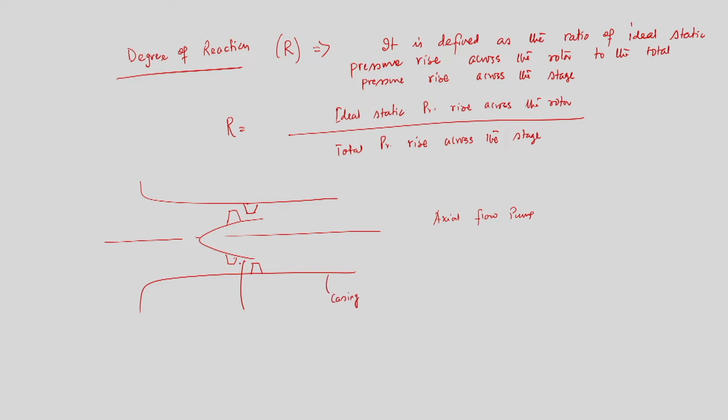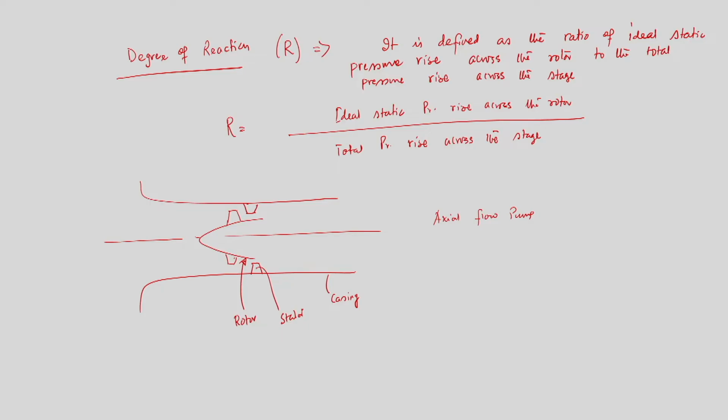and this is the rotor, which is rotating, but this is known as the stator. The stator is not rotating. The rotor is the rotating component of the machine. If we talk about an axial flow machine, the impeller is a rotor and we may have a stator, the blades hanging from the casing, but those are not rotating. So, I will write that the stator is not moving.